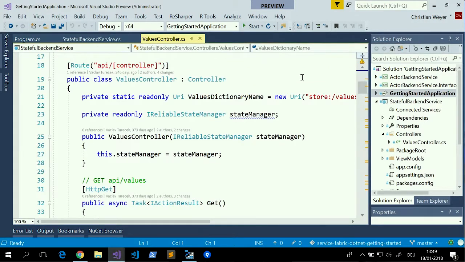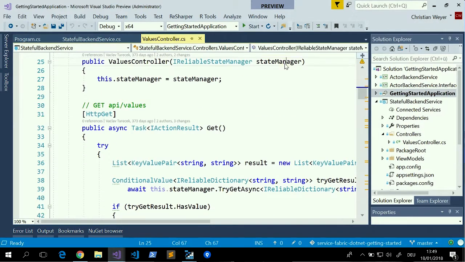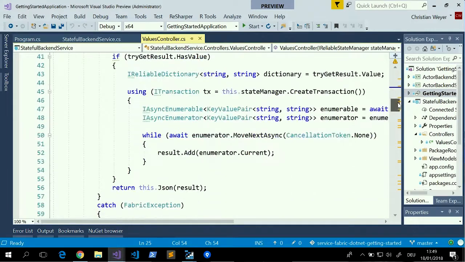And then in the end, what we have is a stateful web API. And we don't need a database. Actually, we don't have a database. Actually, you should not use a database here because this is an explicit design and architectural decision to use those collections. Those collections are working together with a reliable state manager. And then you have to write code like this.